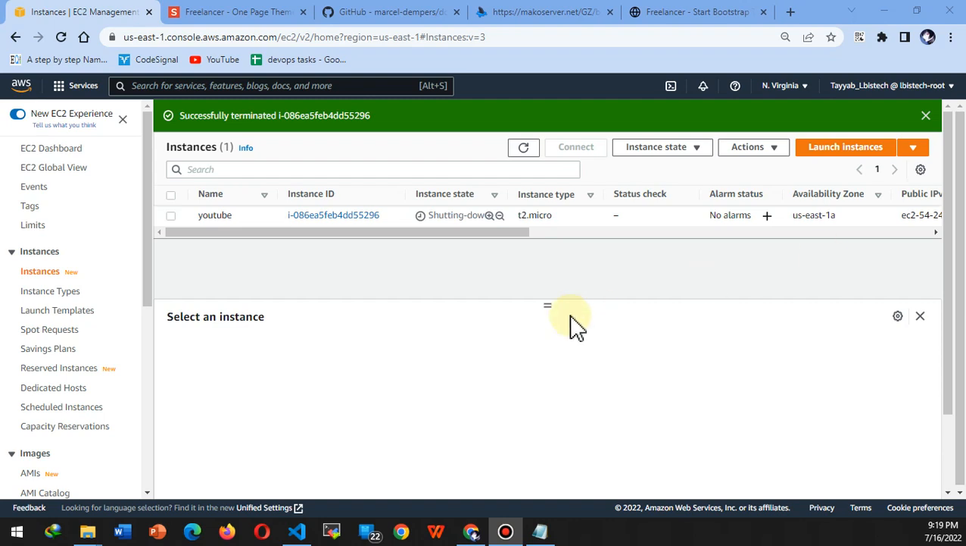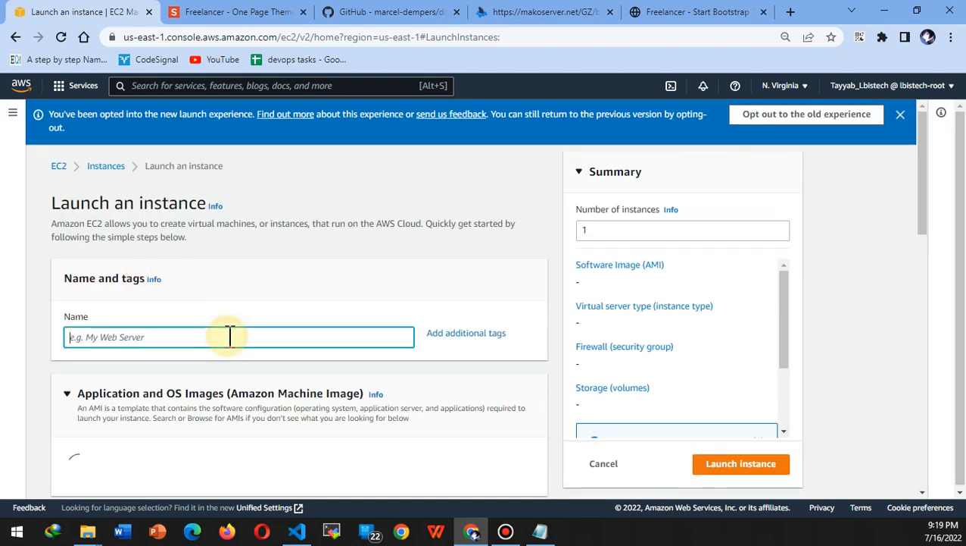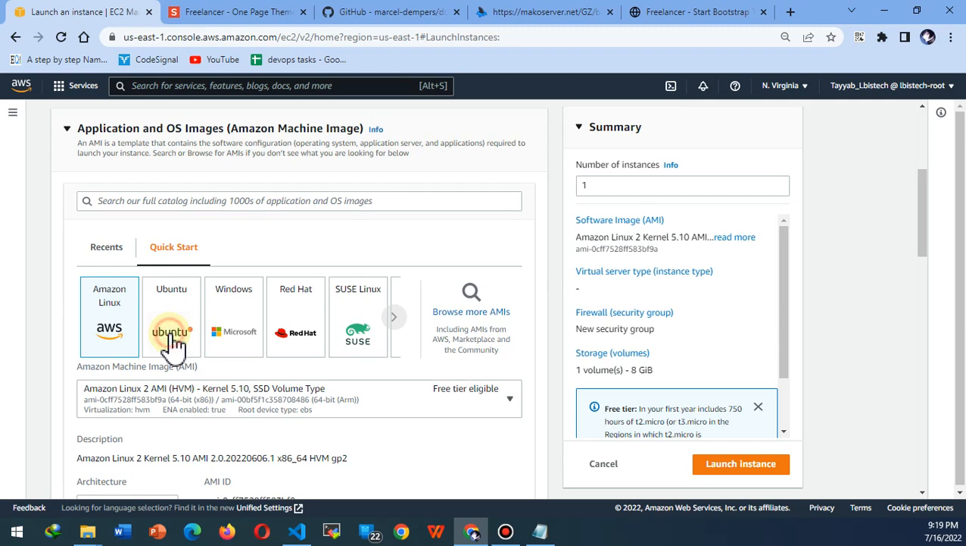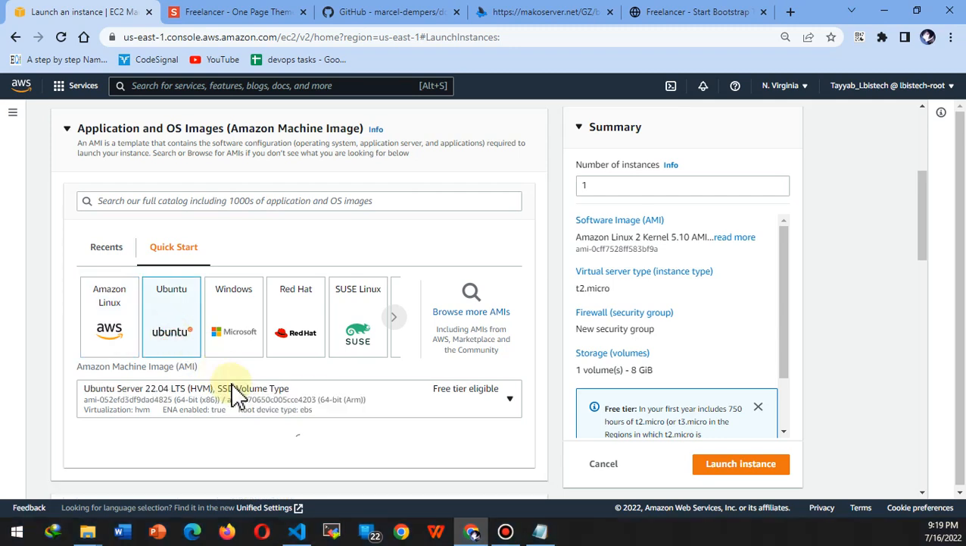So welcome back guys. Now we will start our lab. First of all we will quickly create one instance, and for this demo purpose we can go for T2 micro, which falls under free tier, and for this purpose I will just say my server name is tutorial, and it's asked me for machine. I'm using Ubuntu,